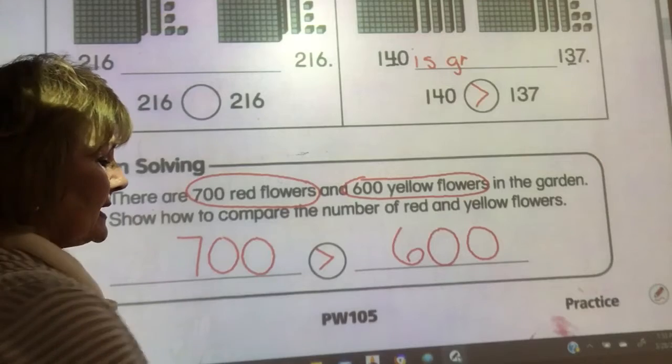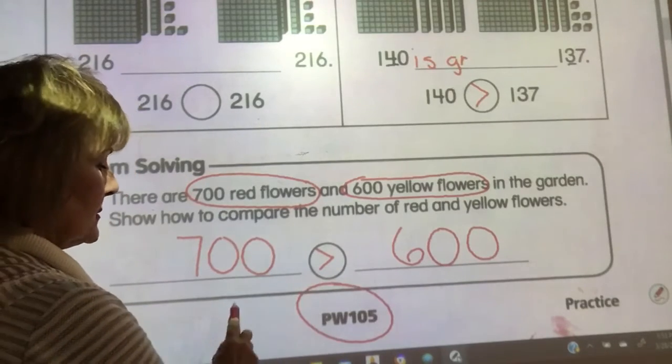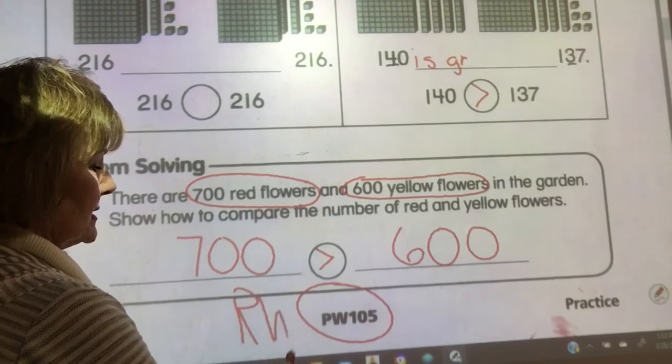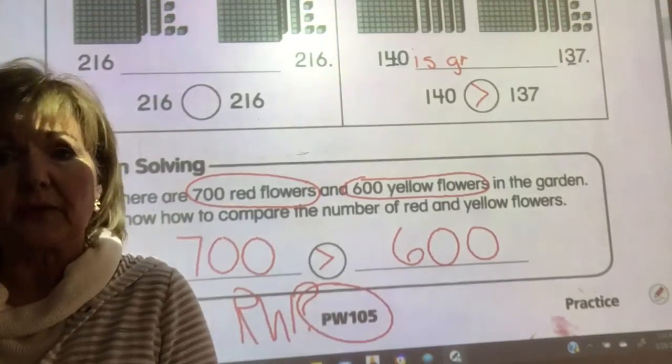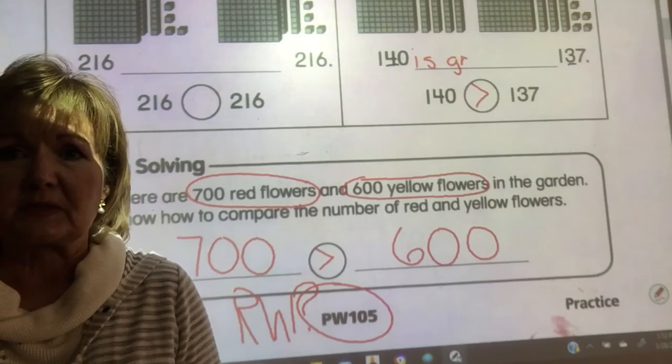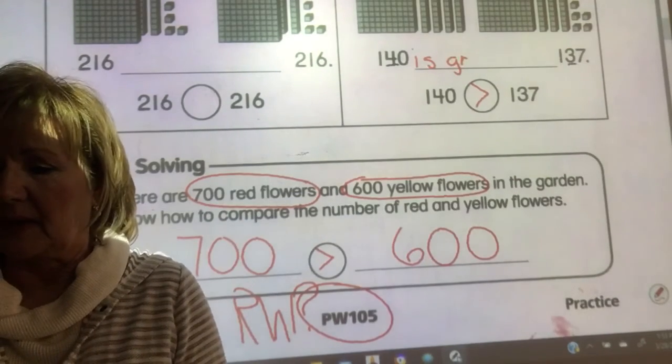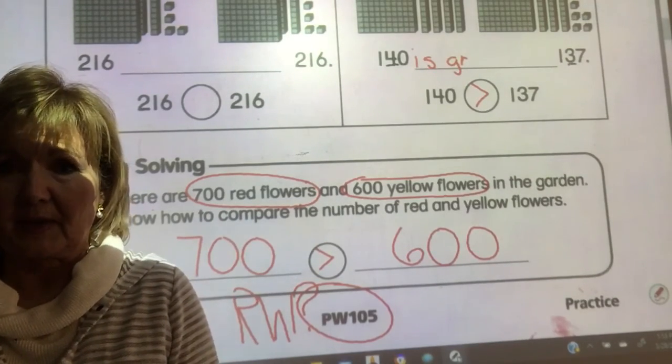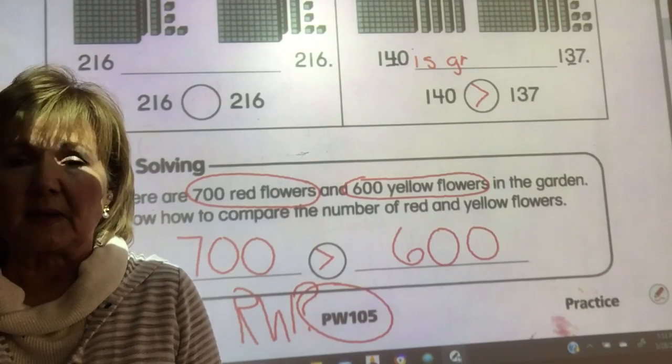Now, like I said, I have PW. Where in the world is RW? I don't know. Maybe you have it at home. So if you do, go ahead and do that, okay? So that would end Monday's